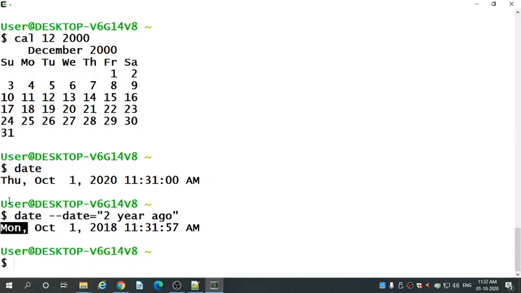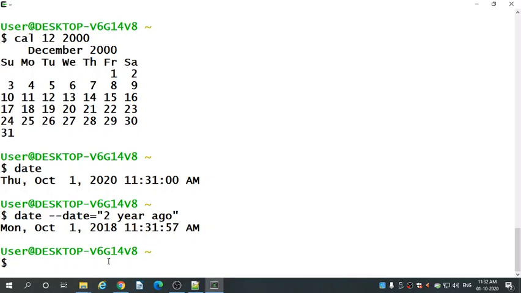This is Monday, today is Thursday, so it is showing Monday. The date is same and the month is same, only the year is different because 2 years ago it is 2018, and the timing is also same. I typed this command 57 minutes later, so it is showing this timing. From the present time and date it will give you the output.